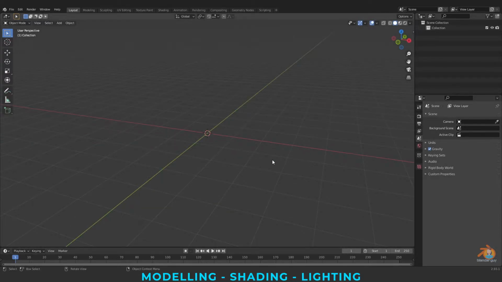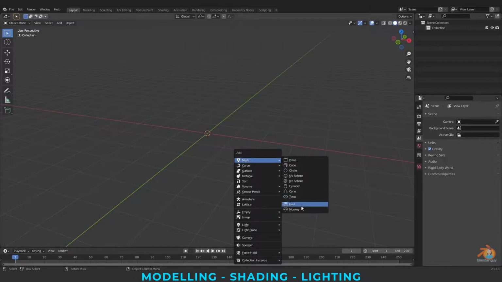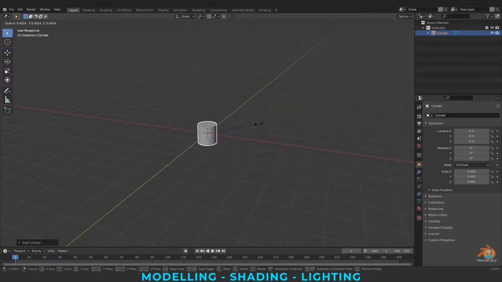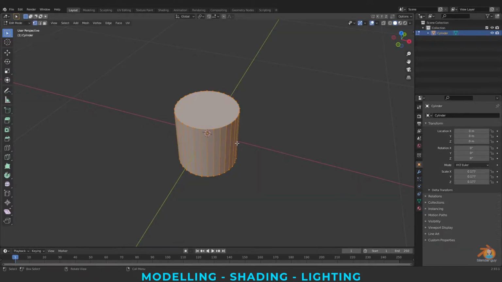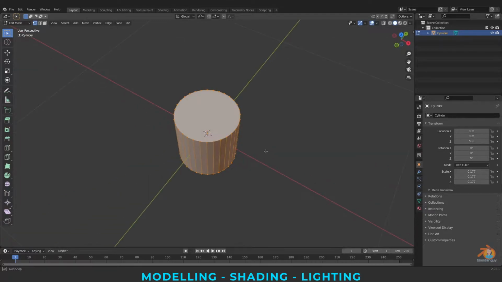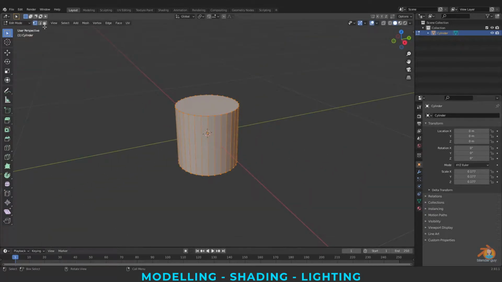In this tutorial, I'm going to create a crayon using a basic cylinder. Shift A in the mesh, I'm adding a cylinder. I'm pressing S to scale it down and up, and I'm pressing Tab for edit mode. If you press Tab, you can edit any poly primitive inside Blender. By pressing Tab, I'm going to face mode, selecting the face here